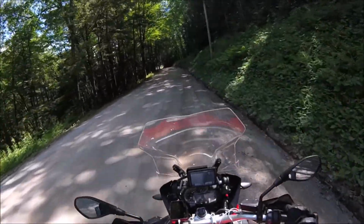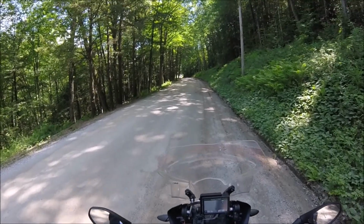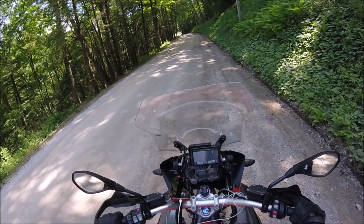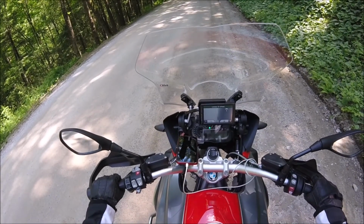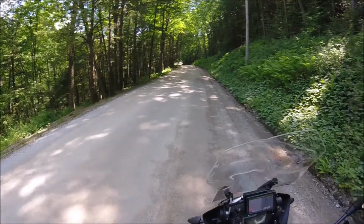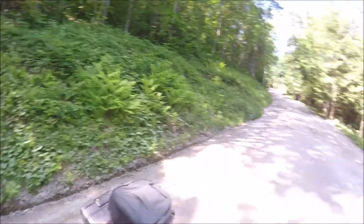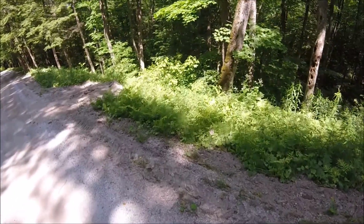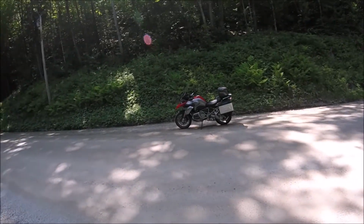And again, on these type of roads, you're free to pull over, take a break when you think you need it, have some water or something like that. This was a typically hot day in Vermont. It was toward the end of June of 2021, after we had gotten